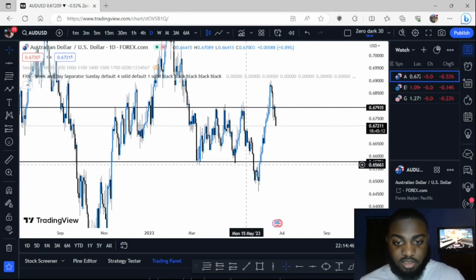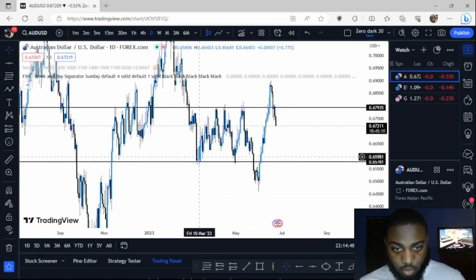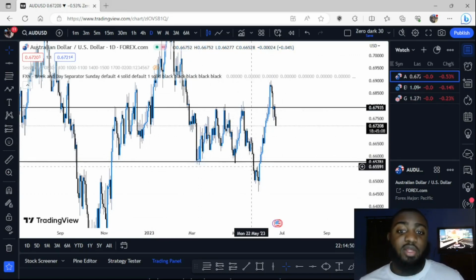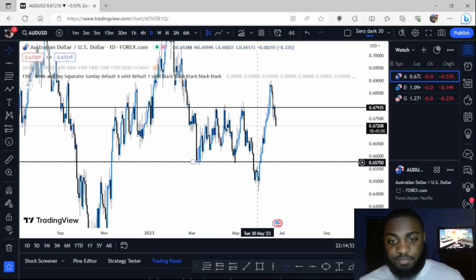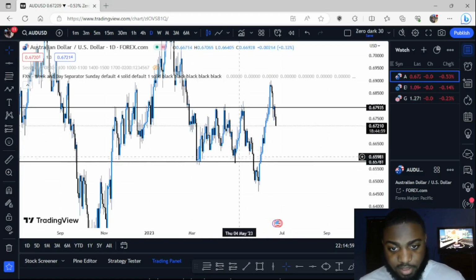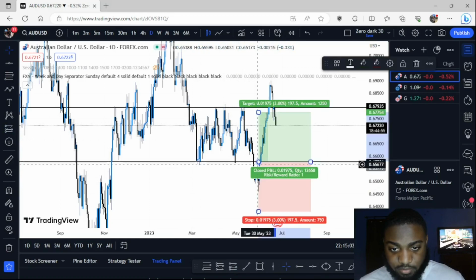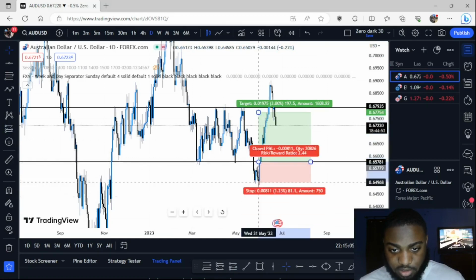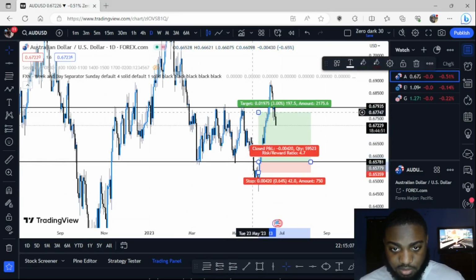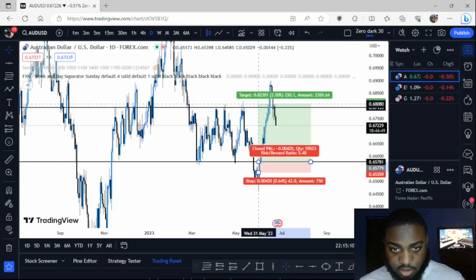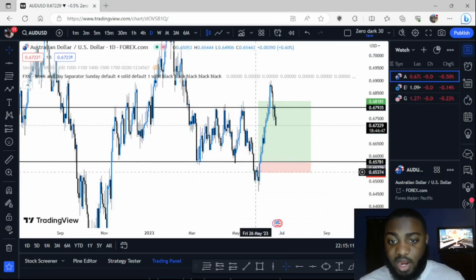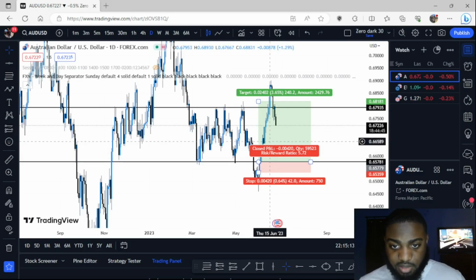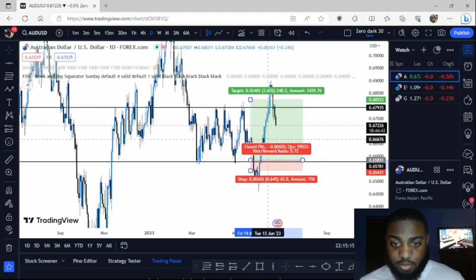Some people say, okay, this is a form of resistance. So they say 1, 2, and they teach you that the third bounce is usually when you get in, because you gotta make sure it's like support and resistance, right? One bounce, two bounce. The third bounce is what retail traders have. They have their trade set at the line, and they're targeting the high because they believe in higher highs, higher lows.